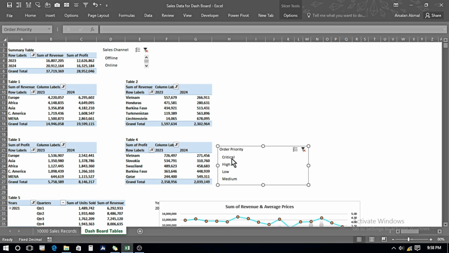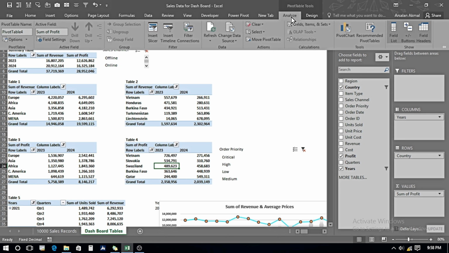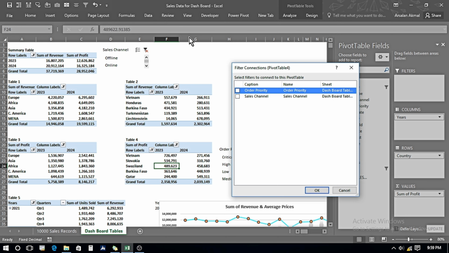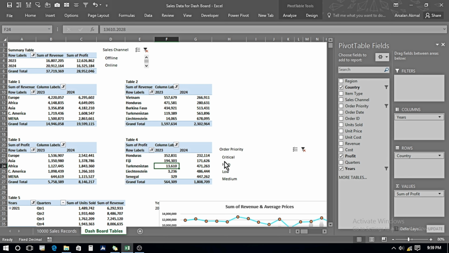Here again, if I click on this, we can see that only table 3 is being affected, but table 4 is not being affected. So again, we're going to make a connection. I click over here on table 4, go in analyze, click on filter connections, and this is order priority. So I will check mark this, press OK, and now if I'm going to select any of these, so it